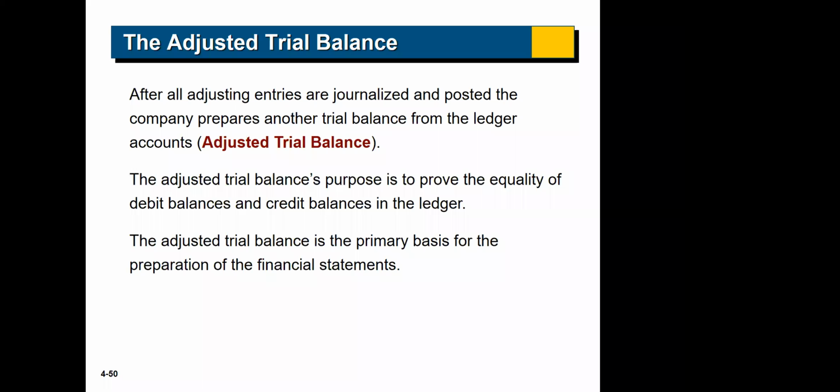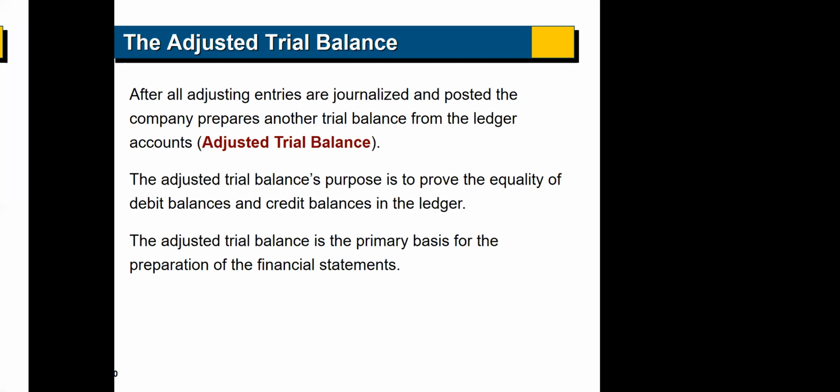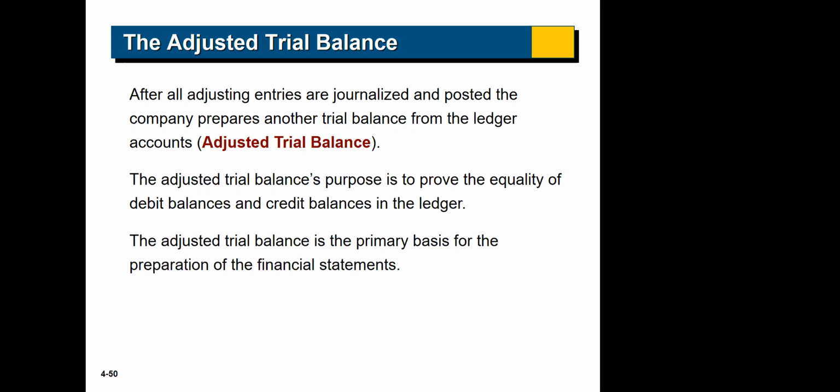Okay, so now what we're going to do is look at the next step, which is the adjusted trial balance. The greatest thing about this is it's exactly like the regular trial balance, except you just do it after you've done all these adjusting entries. So before, what you were doing is you were doing all your journal entries, then you were balancing your T accounts, then you were doing your trial balance. So you've already balanced your T accounts. Now you've done all these adjusting entries on an adjusting entry journal. You have to move all those adjustments to the T accounts. Then you have to balance the T accounts again. And then you just do another trial balance, but this time it's called an adjusted trial balance because it's done